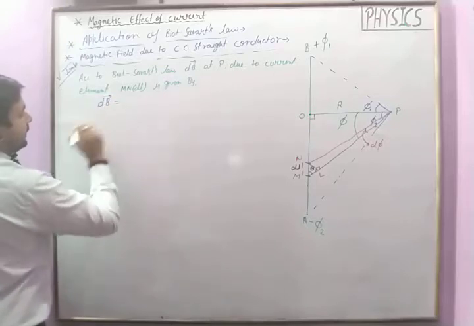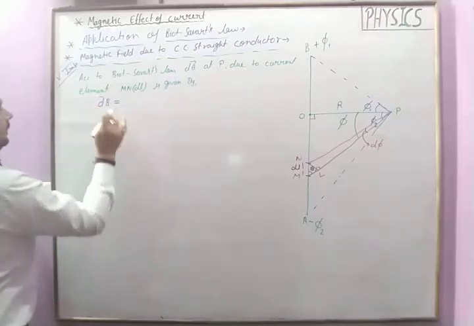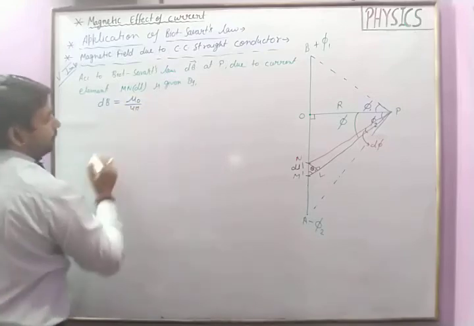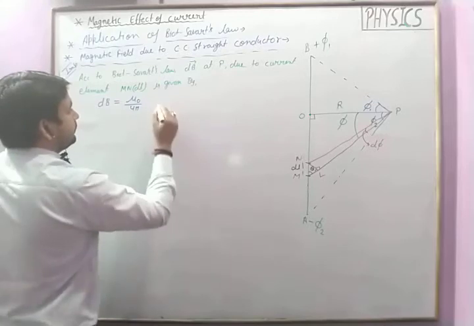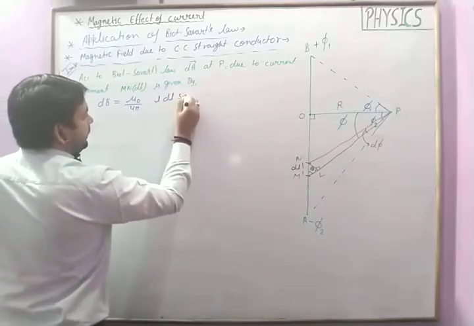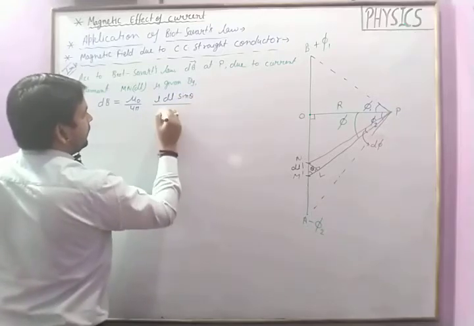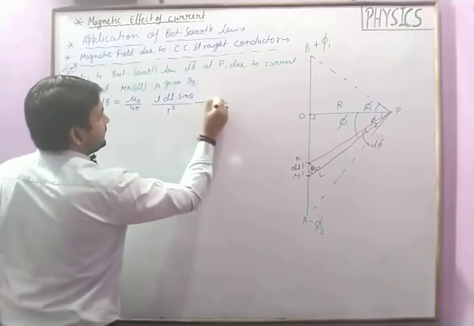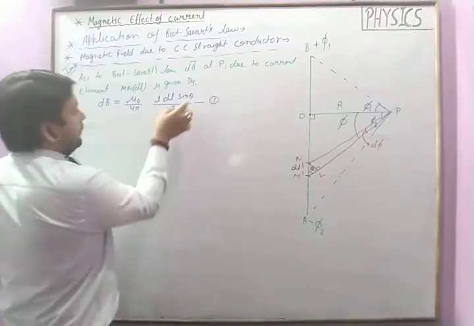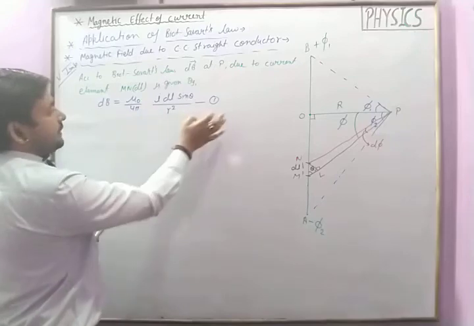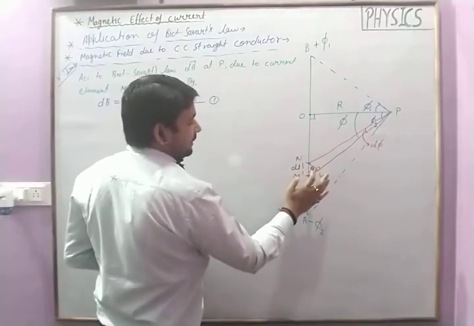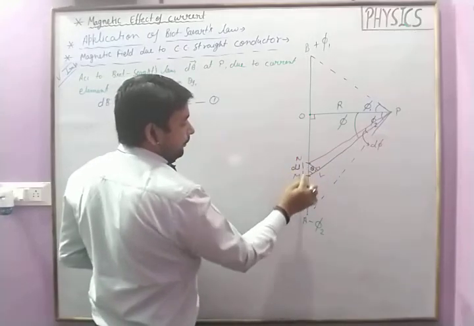dB vector, dB is equal to mu naught upon 4 pi, I dl sin theta upon r square. This is your equation first. Okay, now this equation first we solve by using the three triangles which I am saying to you,